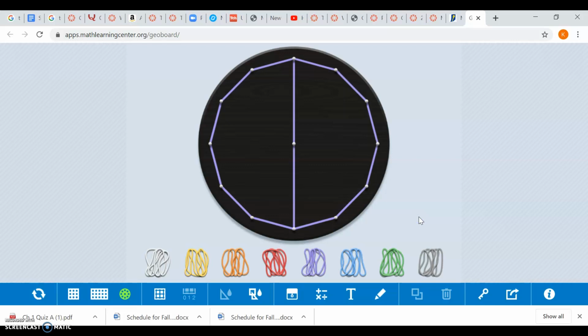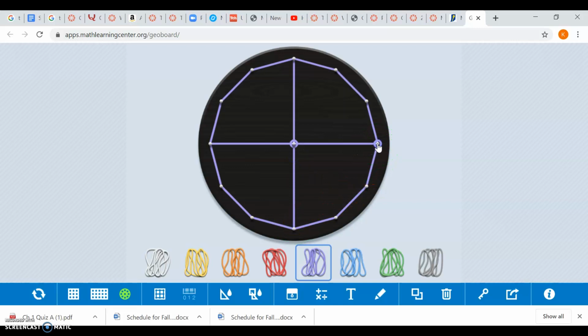So now that we have 2 halves of one circle, we're now going to cut it into 4 equal parts. So now we have 2 equal parts, but we're going to make it into 4 now. So we're going to add another rubber band here and move this to this side. So now there are 3 parts. That's not equal yet. And then we're going to add this other rubber band here, and now we have 4